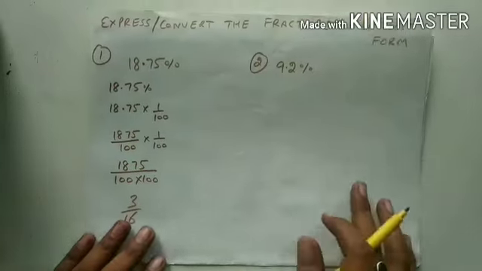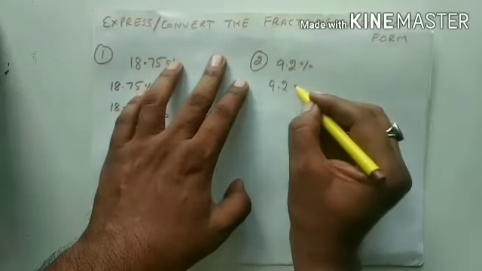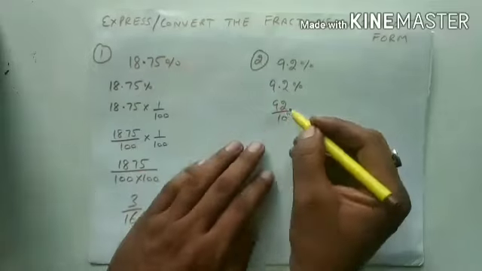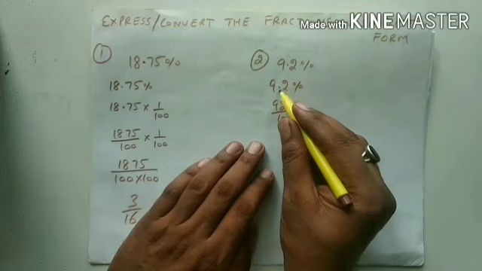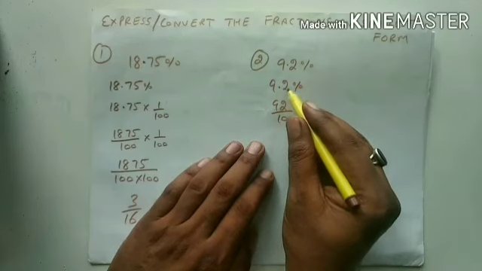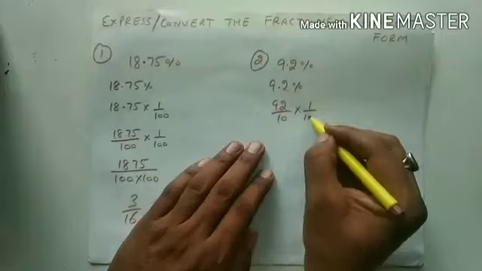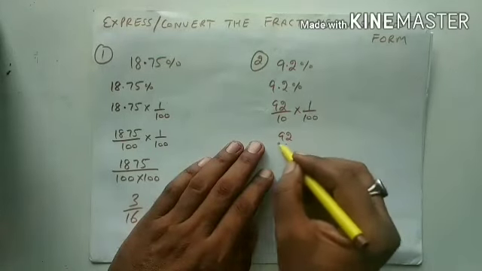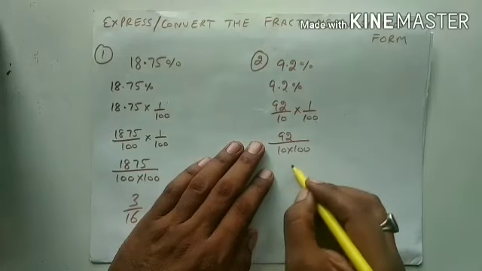Now we are on the second question. 9.2%. Now 9.2 means 92 over 10. The meaning of point is 1, and how many digits after the decimal point? Only 1. Therefore I will write 10. And what is the meaning of percentage? That is 1 over 100. Okay student. Now 92 multiply 1 is 92, and 10 multiply 100